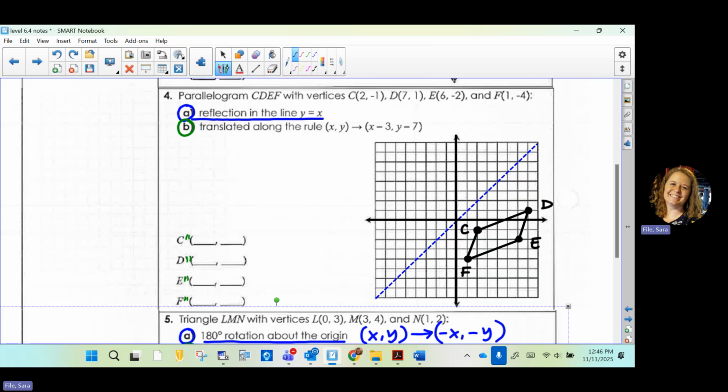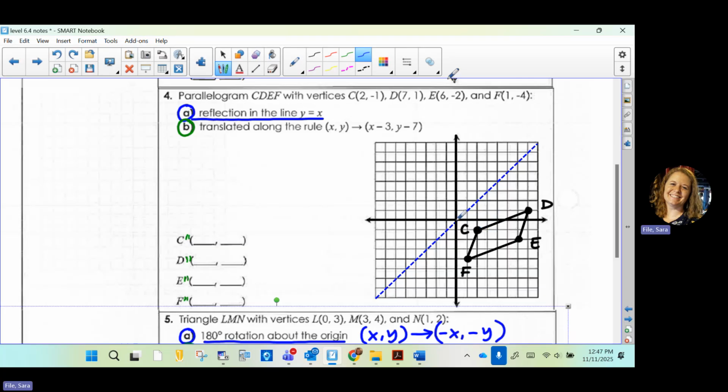And my first transformation is the reflection across that line, y equals x. Now, on the front, when we reflected, if we were going across the x, like see how C was 1 below, we just went 1 above. Or if we were reflecting over the y, F is 1 to the right, so we'd go 1 to the left. But since it's at this diagonal angle that we're reflecting across, if you're doing it graphically without the rule, you will need to